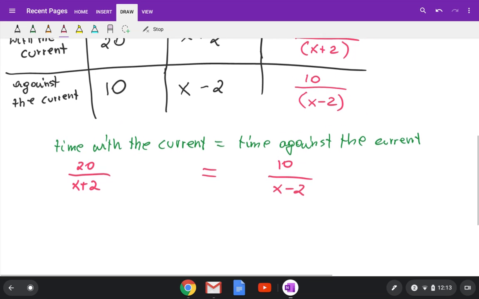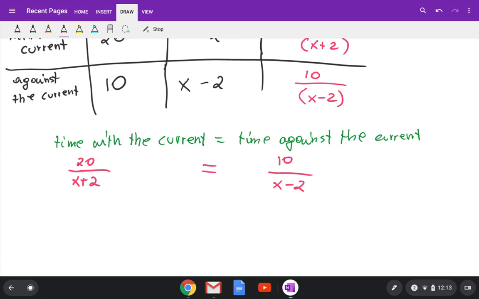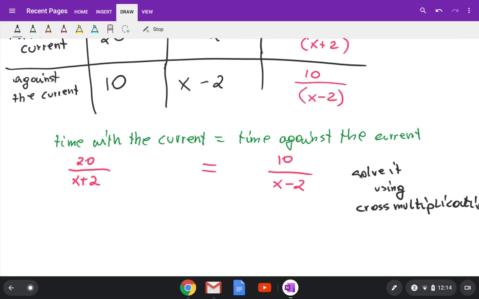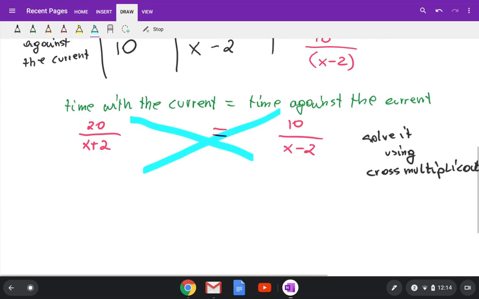Okay, so what we're going to do is solve a proportion, because you have a ratio equal to a ratio, which is a proportion. So solve it using cross multiplication, all the time when you have a fraction equal to a fraction. Okay, so I multiply across. So that will give us